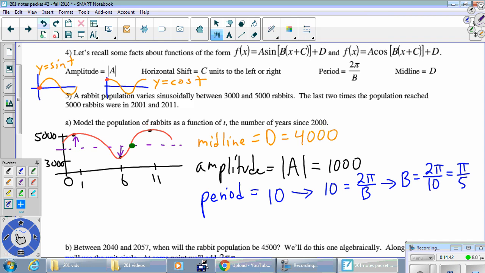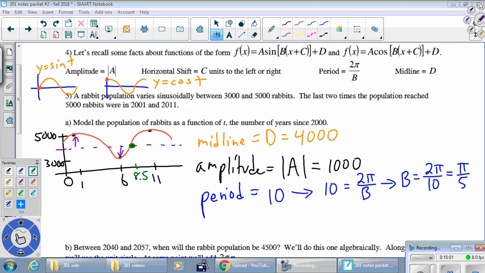So my sketch is off a little bit, but hopefully you believe that that point is exactly halfway between 6 and 11. And so that number right there, I'll put it again in green, what is halfway between 6 and 11? 8.5. Okay, and so if I wanted to treat this thing like a sine function, then that 8.5 would be my